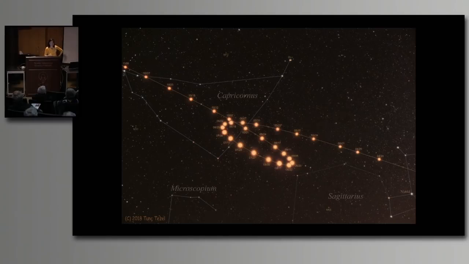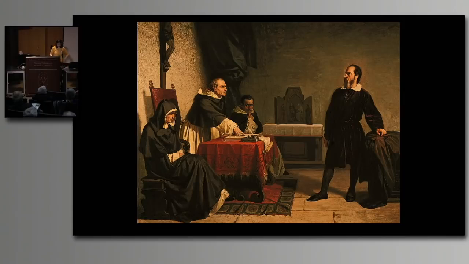But if you change that view, that mindset that everybody believes in, and you accept that the Earth is not at the center of the universe, but that it moves around the sun, as Copernicus suggested more than 400 years ago, then the movement of the planets could be understood. But challenging widely accepted ideas is not easy.